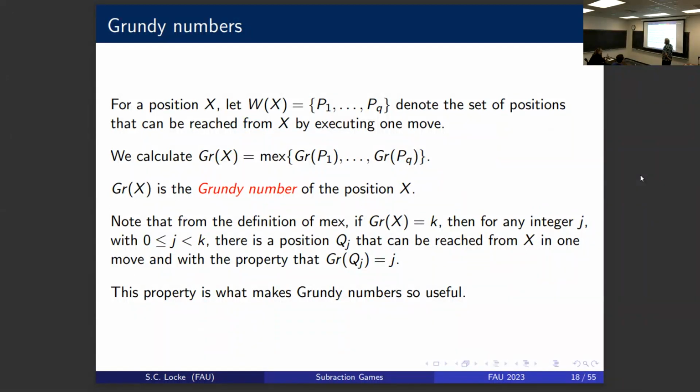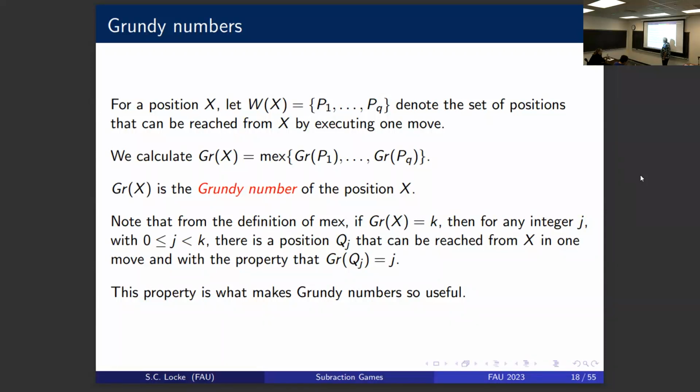Not very hard, but it takes you a couple of seconds to wrap your brain around that one. Okay. One of the nice things about this is that from that definition, if the Grundy number of X is some number K, then for any integer J, which is less than K and bigger than or equal to 0, there's some position Q sub J so that we can reach it from X in one move, but the Grundy number of Q sub J is J. Right? Because when I make this list of all the values that we can reach,